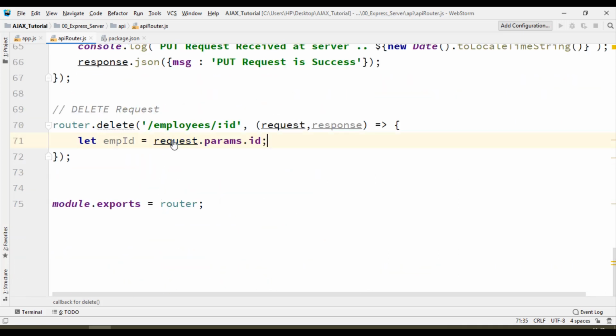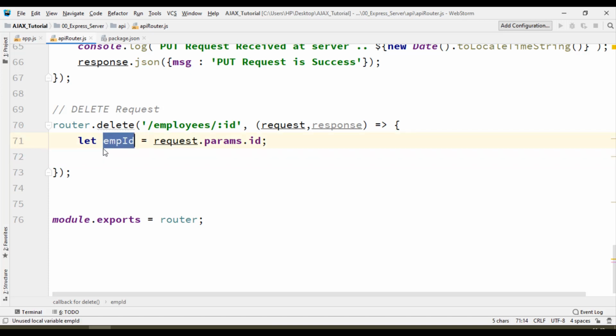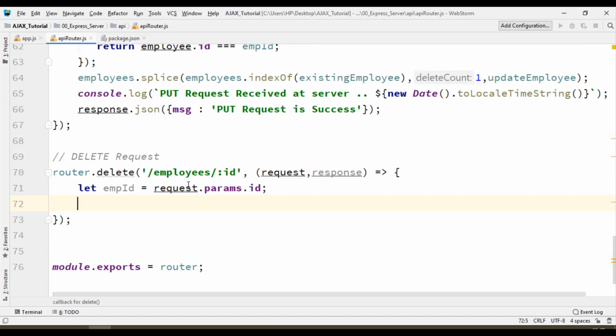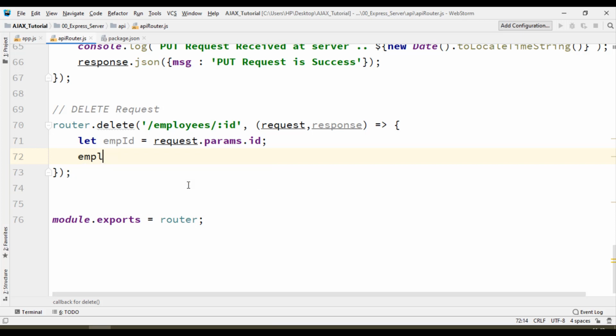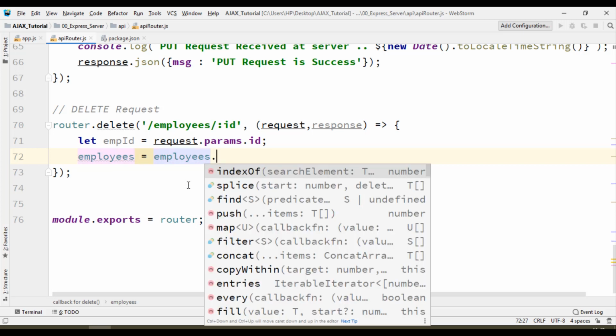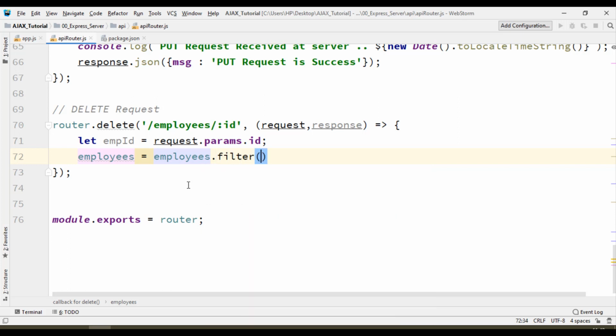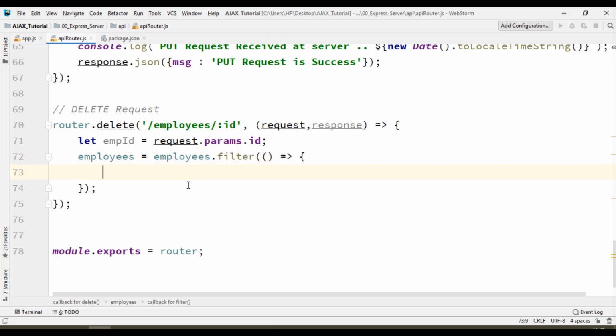You get the ID, and this particular employee ID I want to remove from the employees array. So how to remove, shortcut: employees is equal to employees dot filter. So I'm going to filter out the employees whose ID is not matching with this.